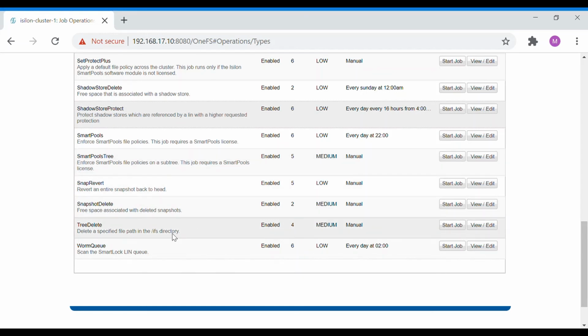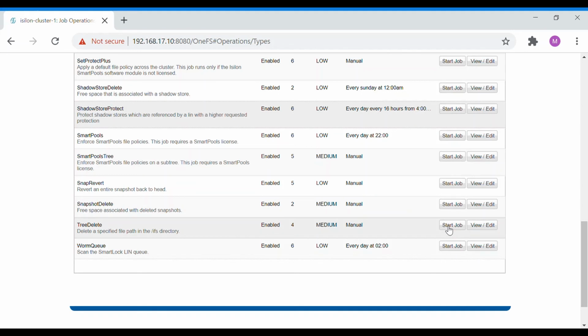And next comes the tree delete. The job of this tree delete software is to delete any specified path, or any specified directory inside the IFS path. So if you want to delete a huge amount of data inside a directory, then you can use this tree delete job to delete that particular directory.